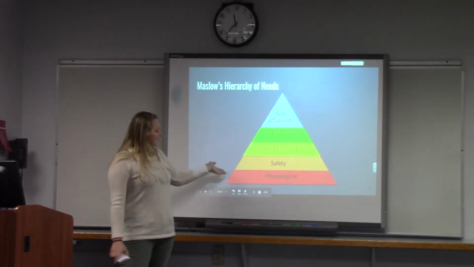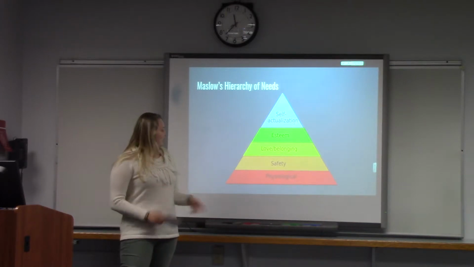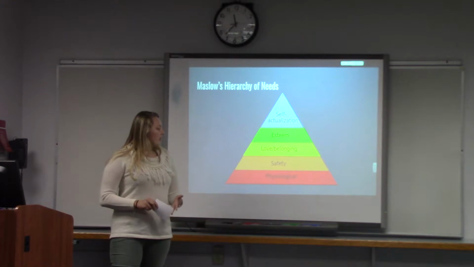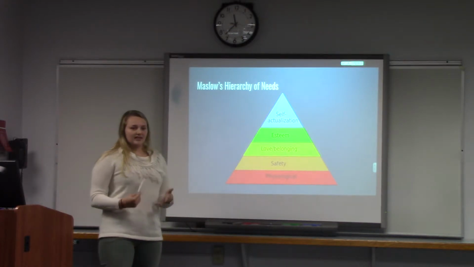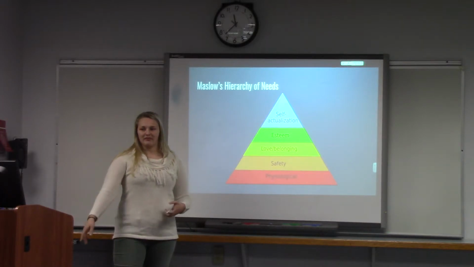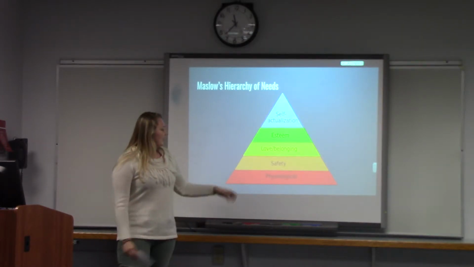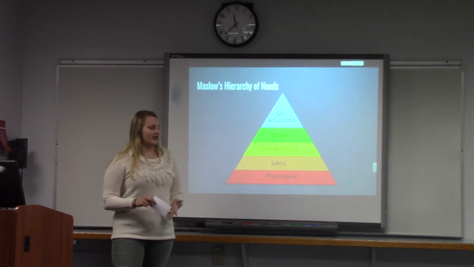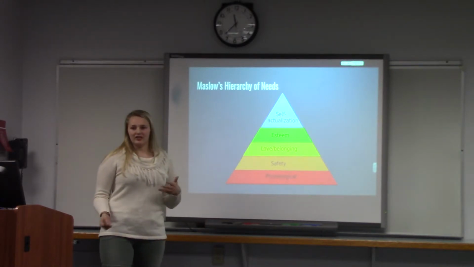So at the bottom of the Maslow hierarchy of needs, it's the physiology. That's like your basic food, water, and sex, stuff like that. And that's important because you want to be able to provide that for your family. And the next step up is safety. That's having a good house, like in a nice neighborhood, a good job, making sure your kids go to good